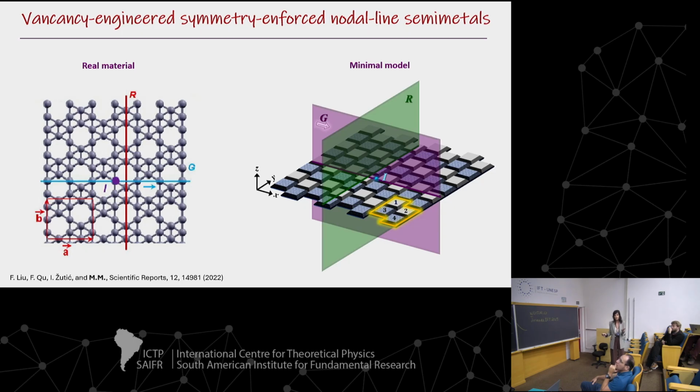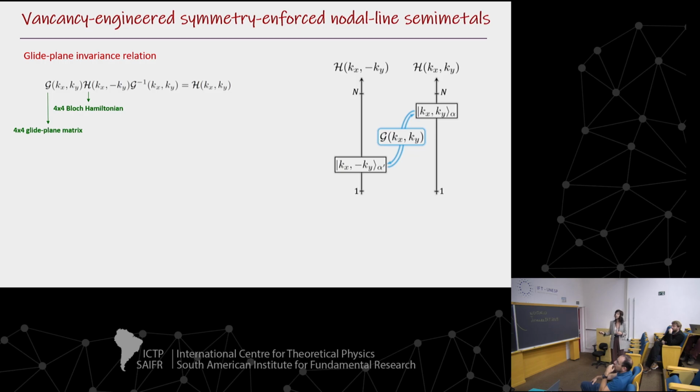And if you want to understand how this comes about from a fundamental level, you can just recognize that a lattice like this can be mapped into a minimal lattice, that the basic structure is that you have a 4-site unit cell where you have this mismatch between the points in the unit, the sites in the unit cell. And then if you just write down a 4x4 Hamiltonian for this toy model, and you impose the glide plane invariance relation, which writes down like this, you see that this glide plane transformation will change one of the momentum,